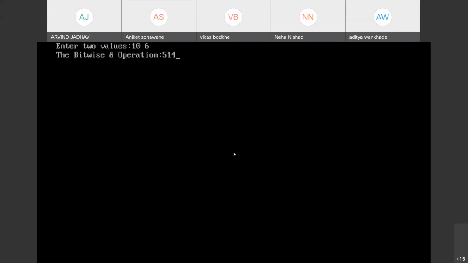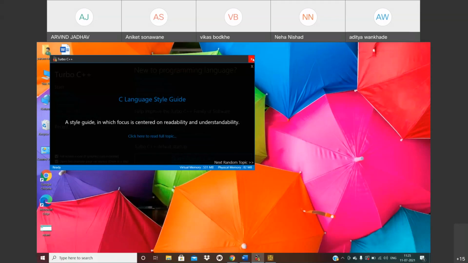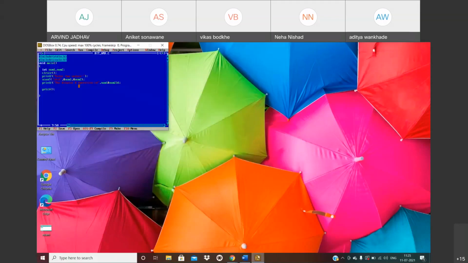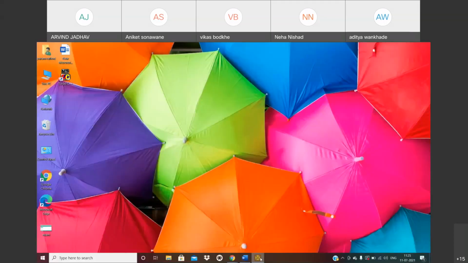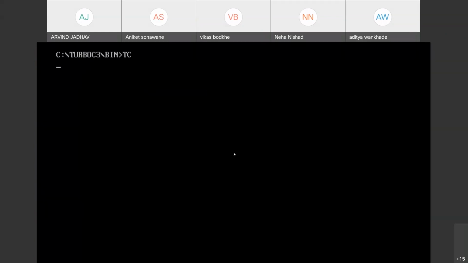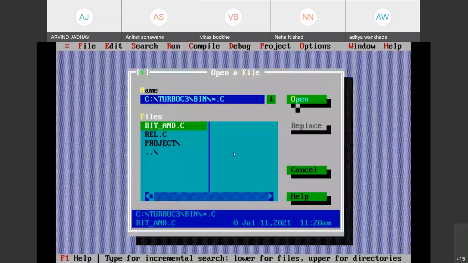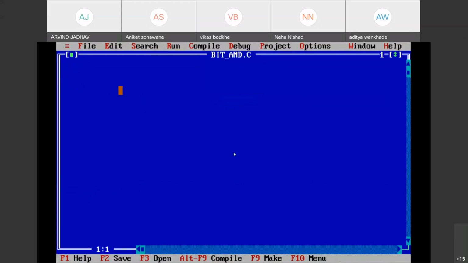So we get the bitwise... just 1 minute. So make a note of that while doing the programming, you need to save that program. See, we successfully saved the program, but इसके अंदर का जो कोड था वो save नहीं किया था हमने.